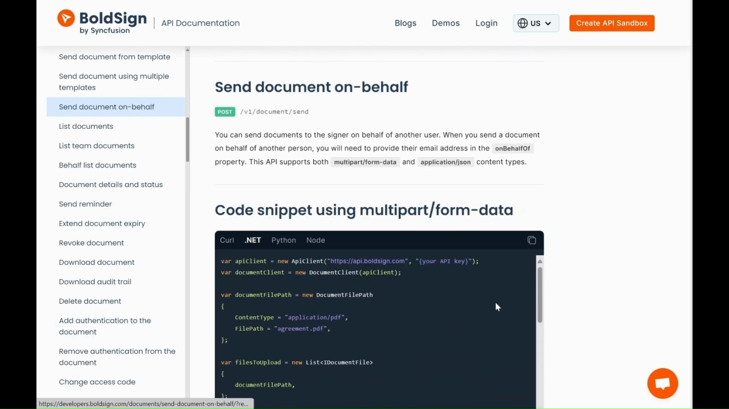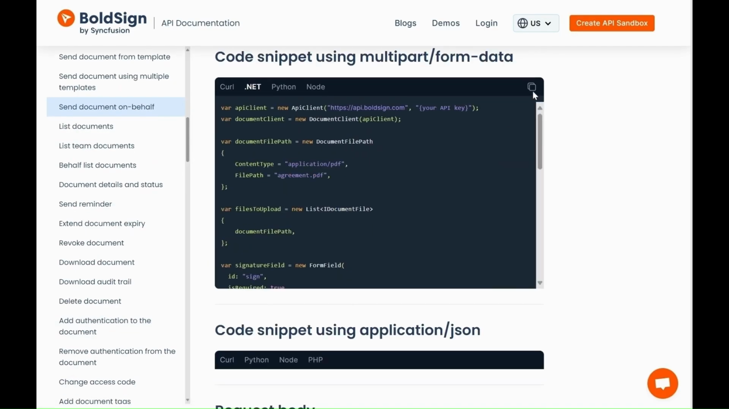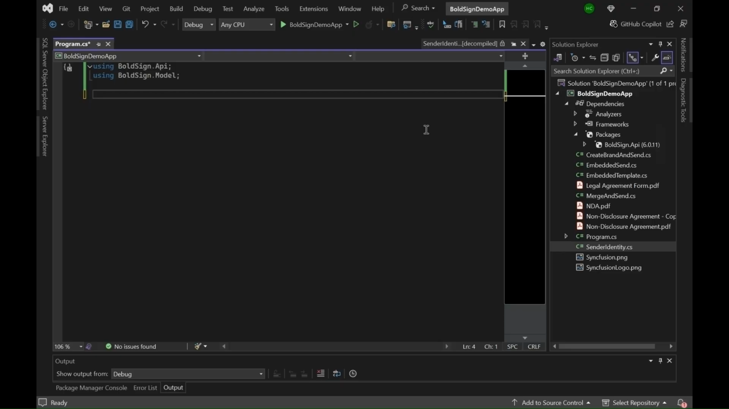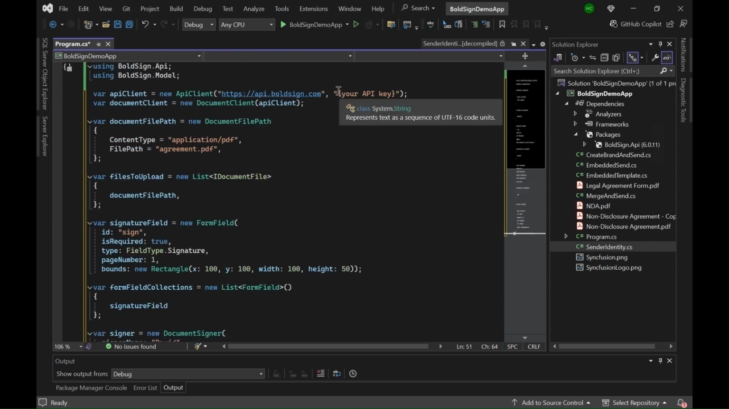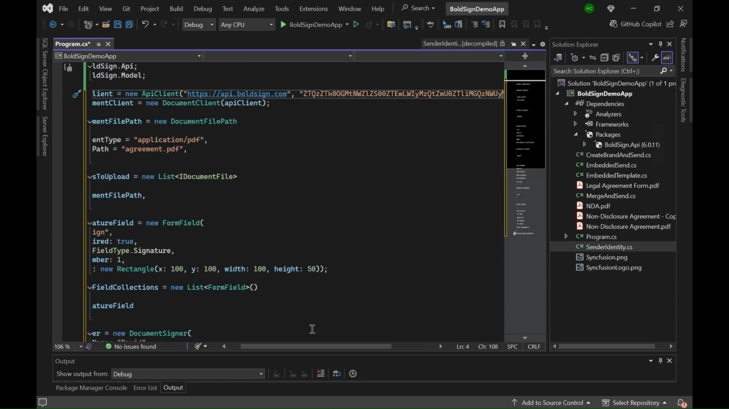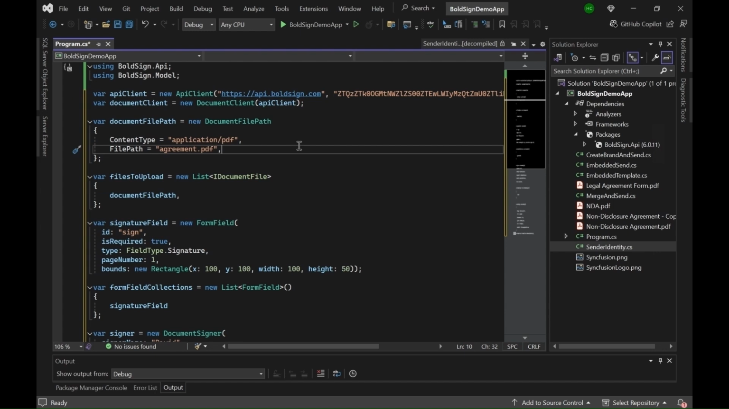With that done, I move on to sending the document for signing on behalf of Matthew. I navigate back to the developer documentation for sending documents, copy the .NET code snippets, and paste them into my program.cs file. Next, I start to update the code. First, I set the API key. The document client object is used to send documents. I update the document file path